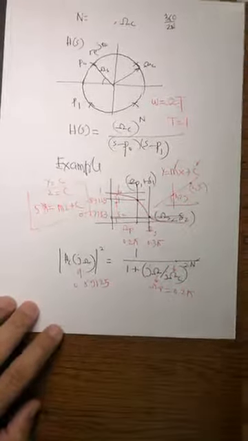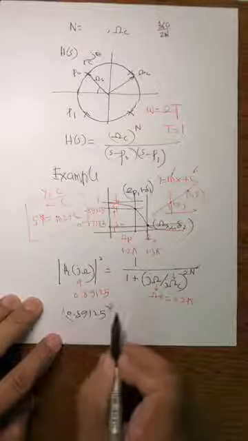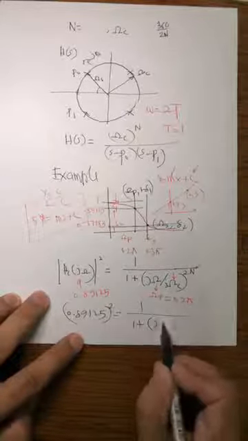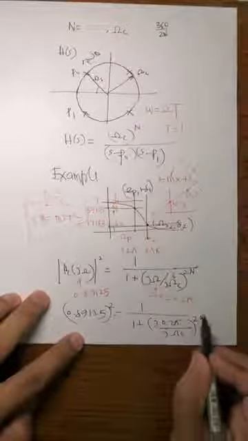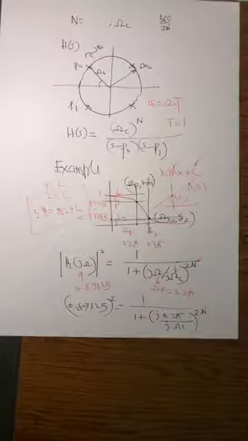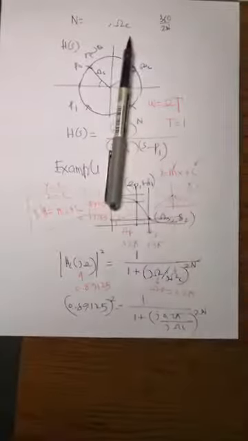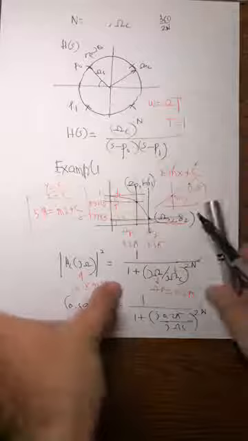Okay, so the one equation is 0.89125 squared is equal to 1 over 1 plus (j 0.2 pi over j omega c) raised to the power 2n. So this is equation number 1. Then you put the second point, you get equation number 2. Then solve these two equations simultaneously, and once you solve this, you get an n and an omega c. Once you have n and omega c, you are done with finding H of s.